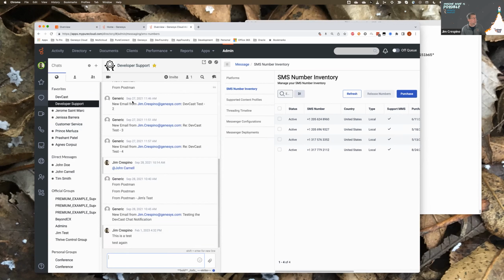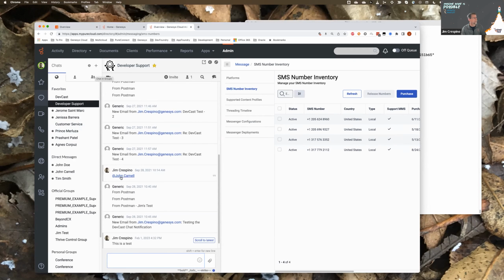So that would notify you via Genesys chat. You can even @ a group or @ a person in the message, like @John Carnell. If you @ somebody, they will get notified through their notifications on their desktop that a message has come in for them.